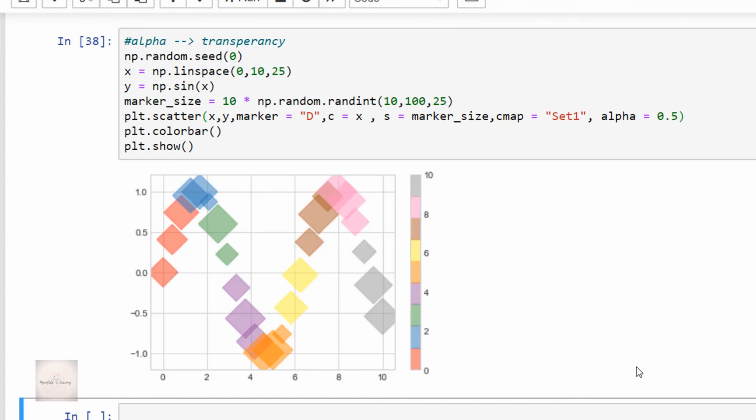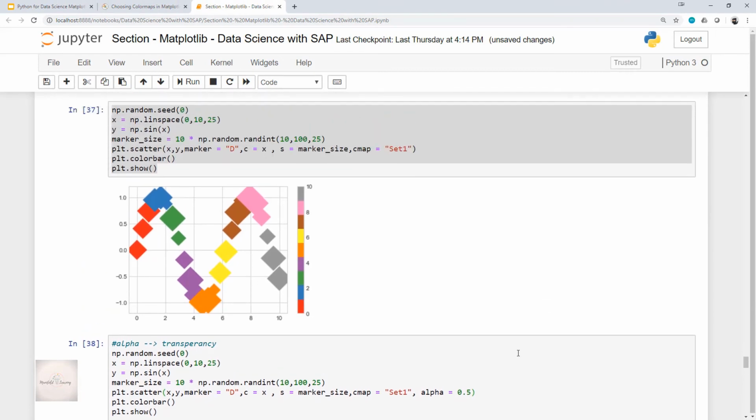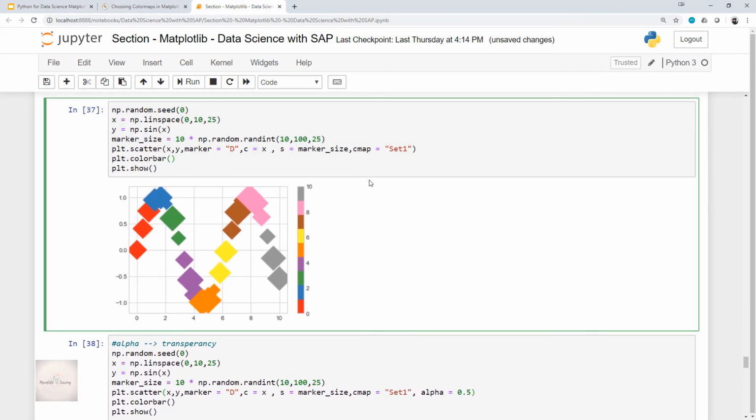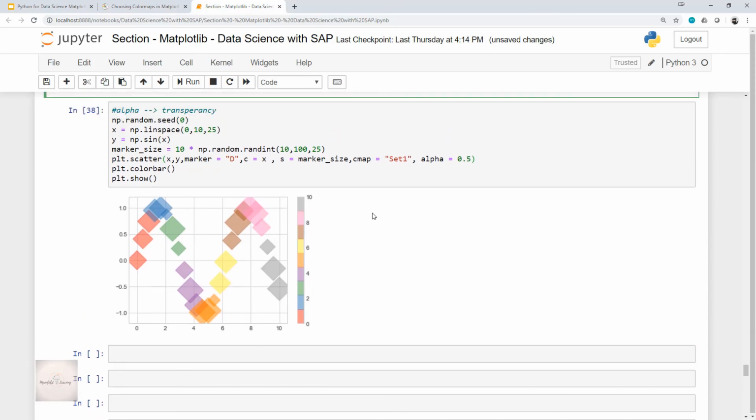We now have clear visibility of the overlapping markers in our plot, which was missing in our previous plot. In the previous plot, the overlapping results were not that visible. But in our present plot, with the alpha keyword, that is transparency, we have a clear picture of the overlapping.